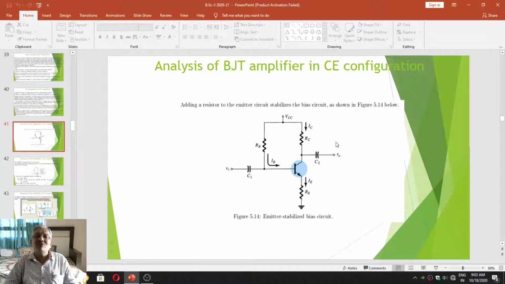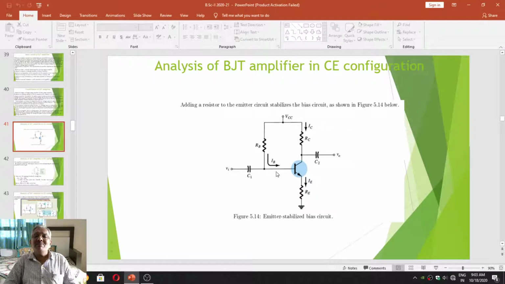And the method we have chosen is the fixed biasing method to bias the BJT, to adjust the operating point of the BJT in the active region or in the center of the load line, to forward bias the emitter base junction and also to reverse bias the collector base junction, so that it keeps the operating point in the active region and it is going to act as a perfect amplifier.